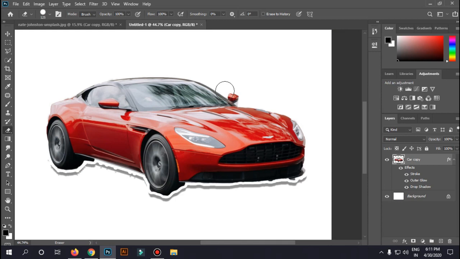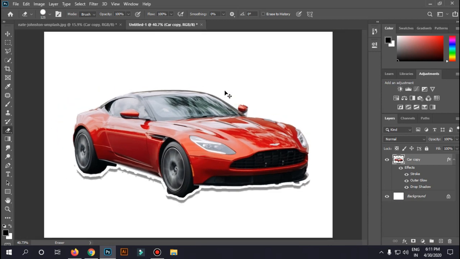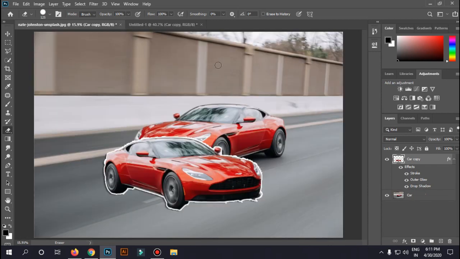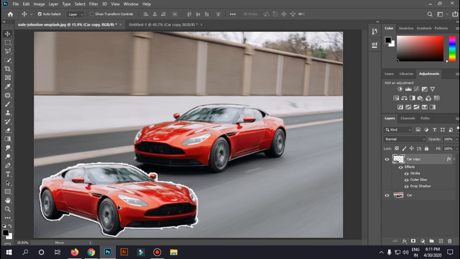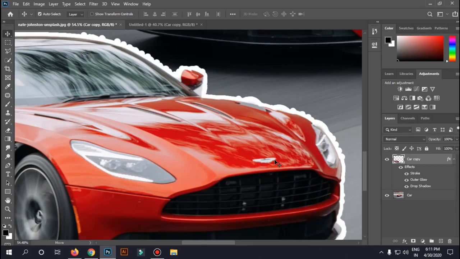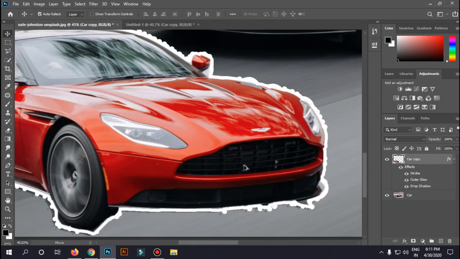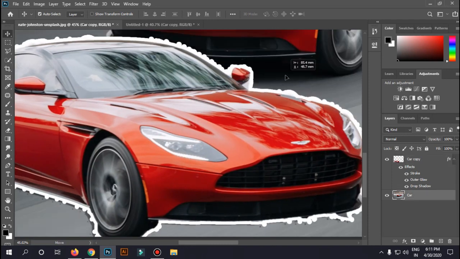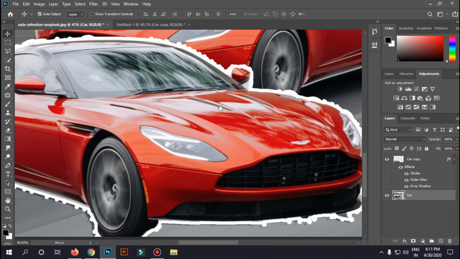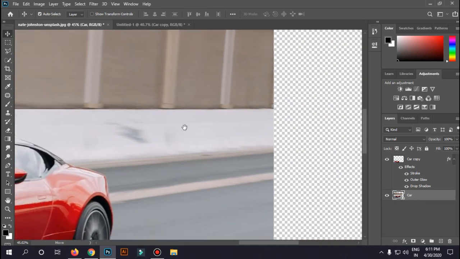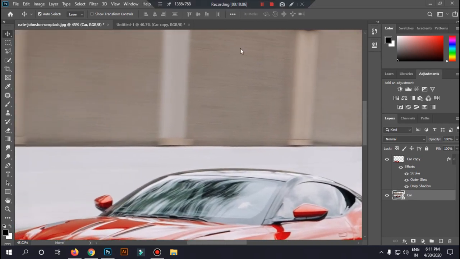If you are in this document, just resize it and press Ctrl Tab. It is a quick shortcut to move around documents, like the first photo or the second photo. Just press V and bring it back where it was. Now press Alt and zoom in or zoom out with the mouse. And if you want to move around in this photo, just hold Space so that your hand tool gets equipped.